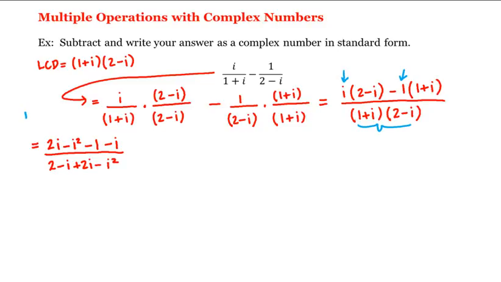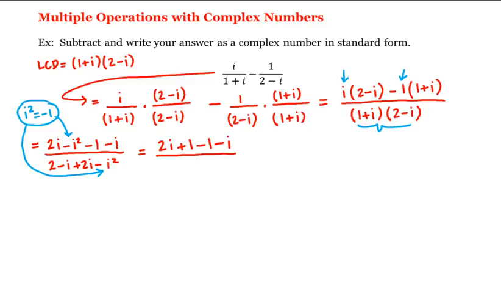Now remember that i squared is equal to negative 1, which we're going to use here and here. That is, this is equal to 2i, and then minus a negative 1, which is plus 1, and then minus 1 minus i, divided by 2 minus i plus 2i, and then minus a negative 1, which is